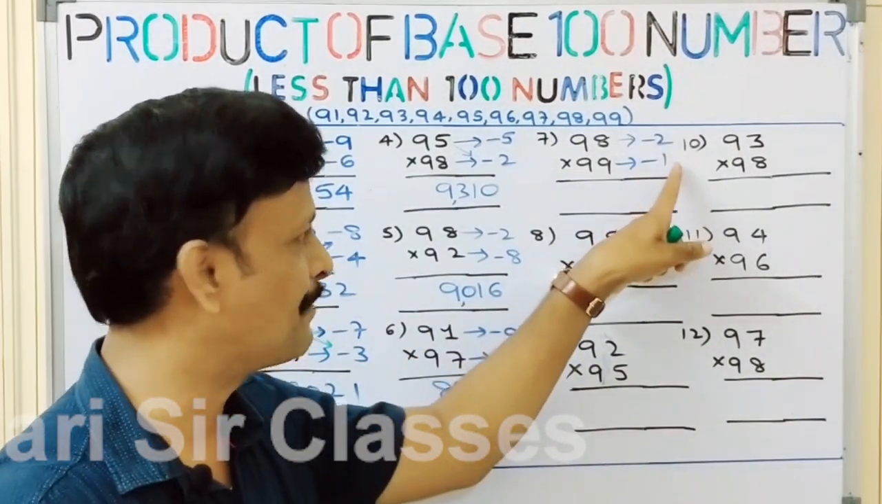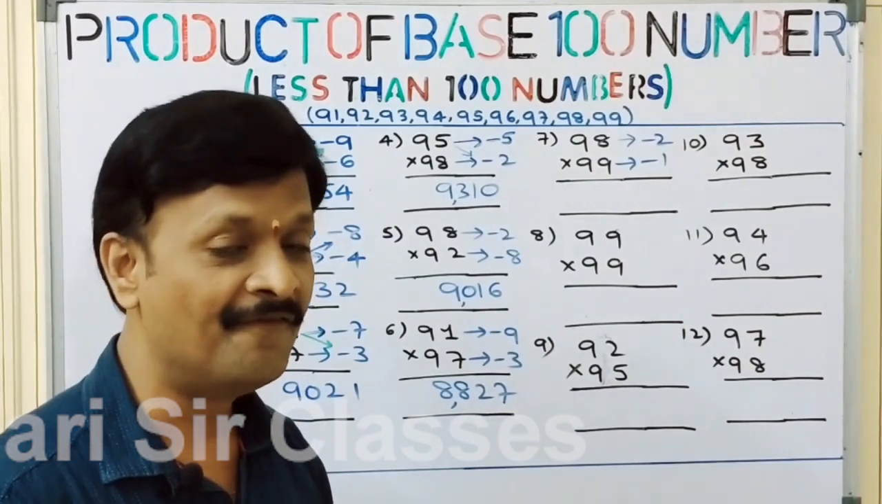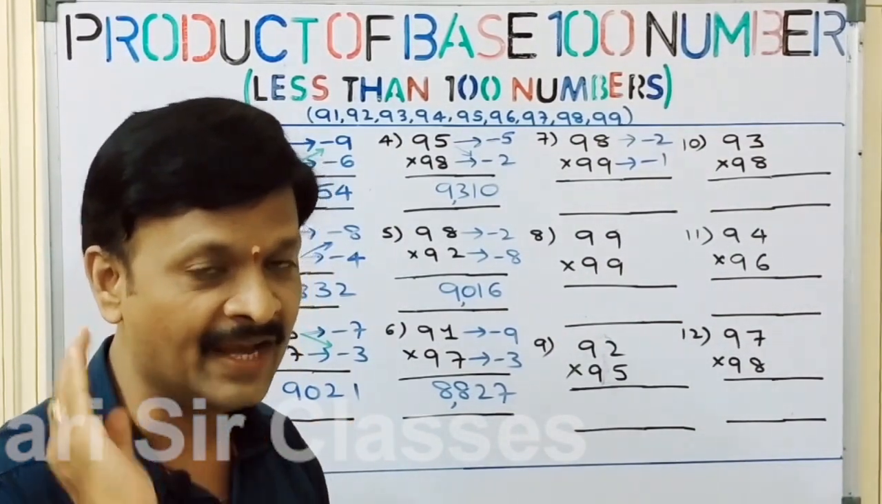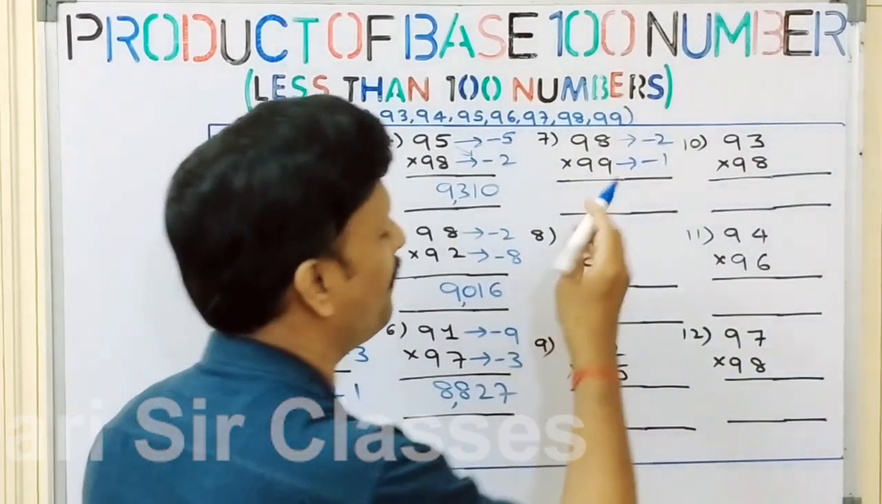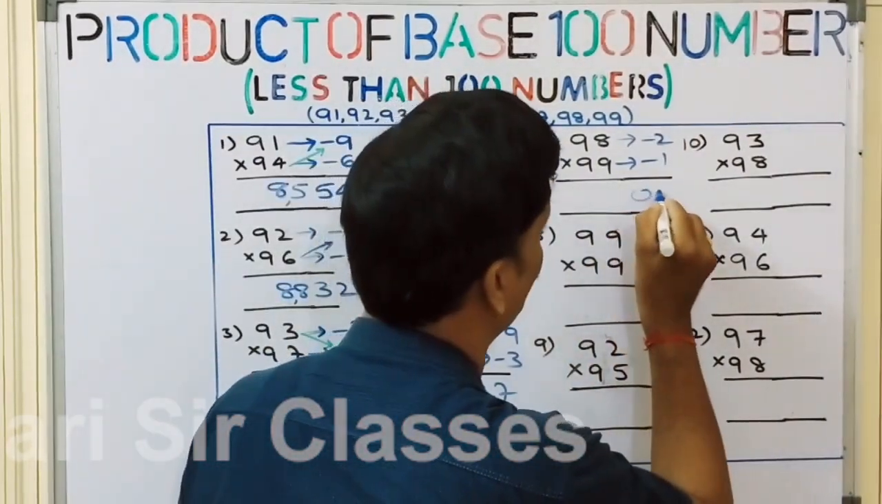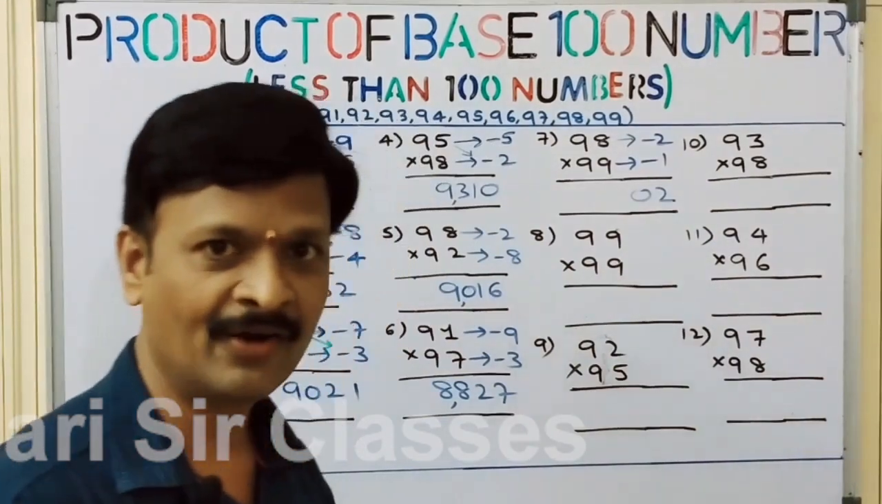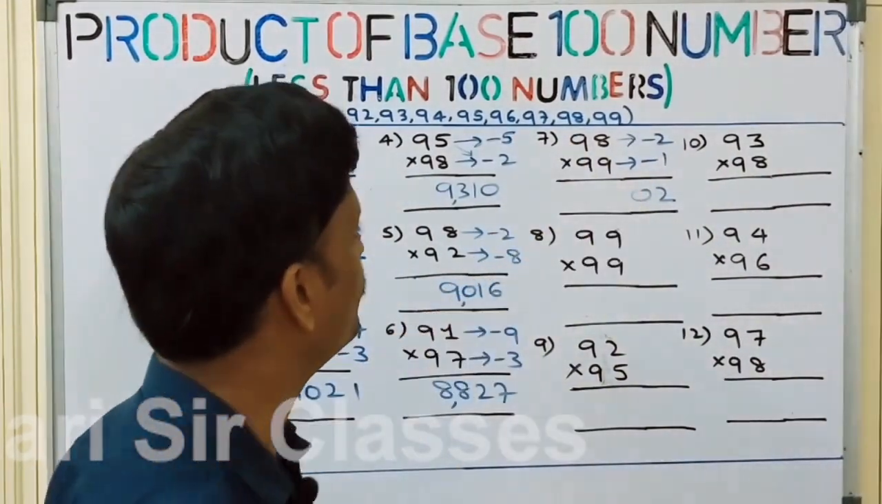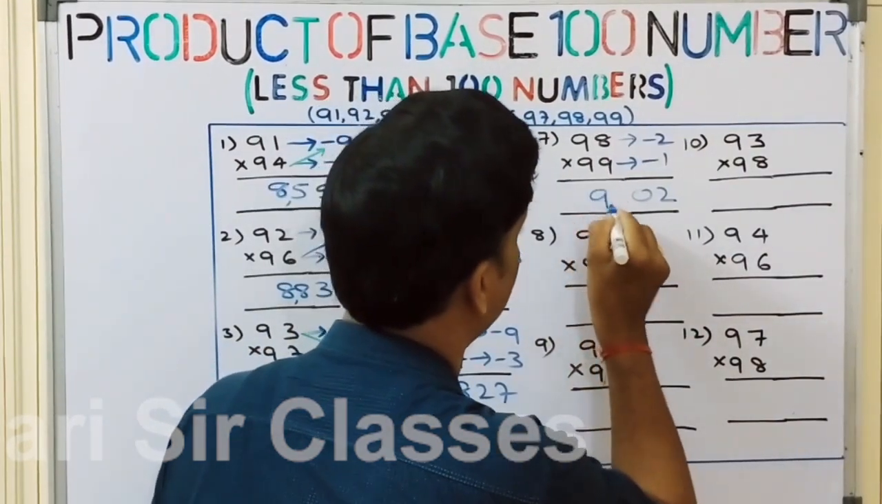Always you need to get the product as a two-digit number. Whenever you get a single digit, what we do? We place 0 on the left hand side of the number. Okay, that is 0, 2. 2 ones are 2, so 0, 2 we can write. Now 98 minus 1 is 97. So that is